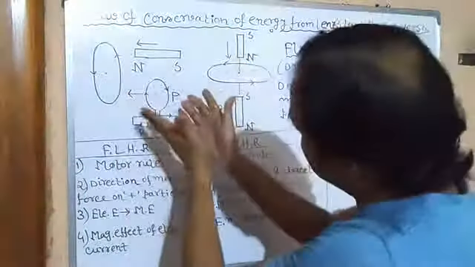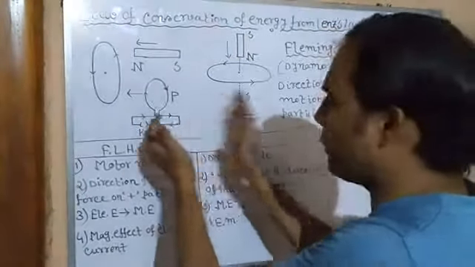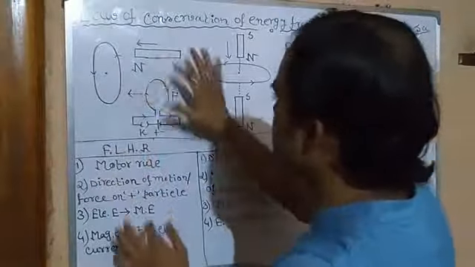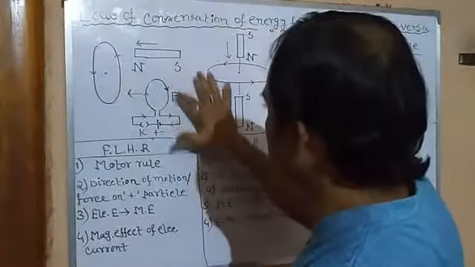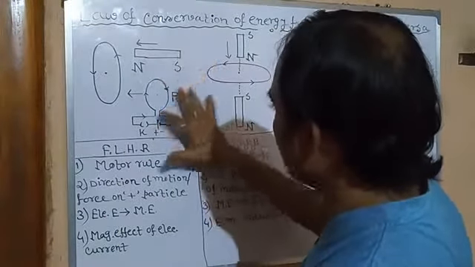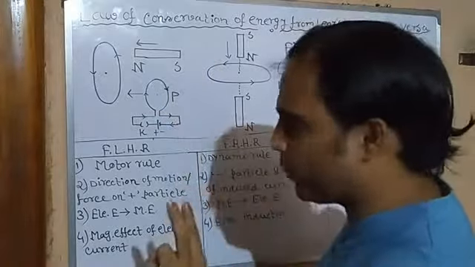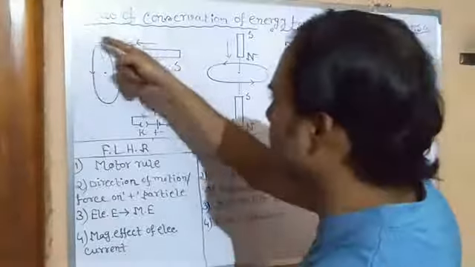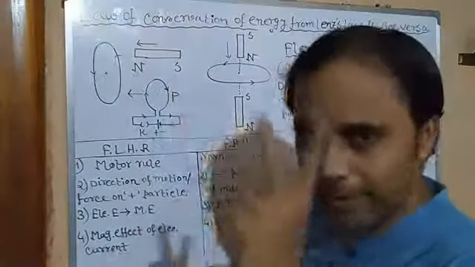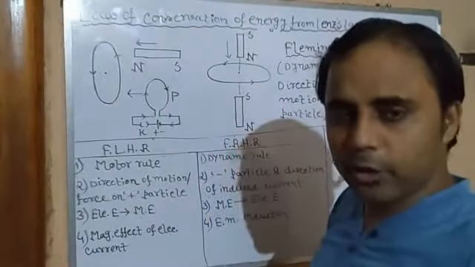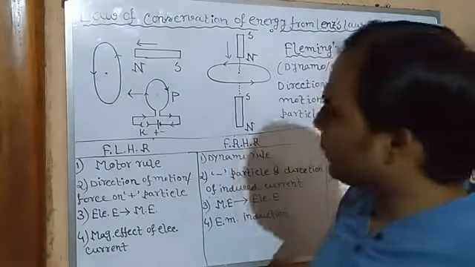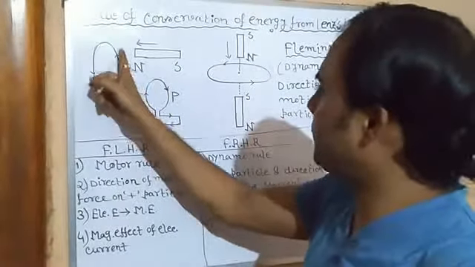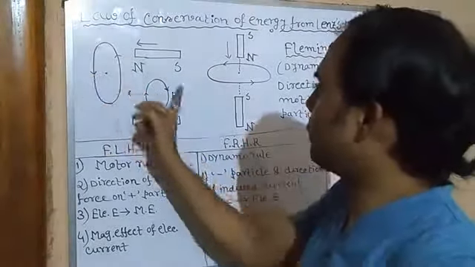Clear? The same case is obtained in the case of the primary coil also, if it is being brought closer. In this face, isn't it, current is moving in the clockwise direction, since two parallel conductors carrying current in opposite directions repel each other. So that's why you can see it is opposite. I have already discussed two parallel conductors in the last video: why the direction of the current in the closed coil is opposite to the primary coil.